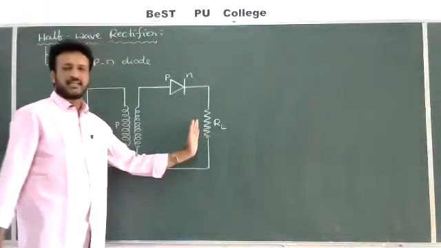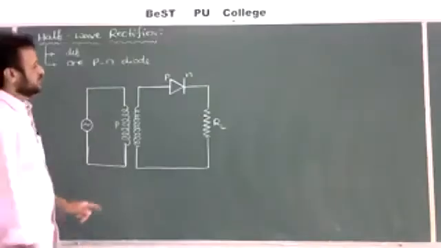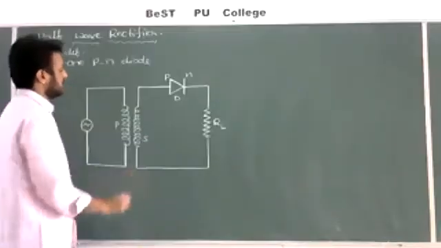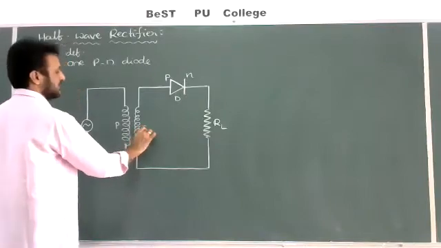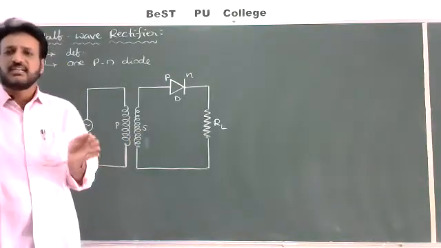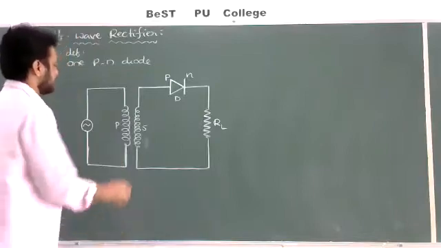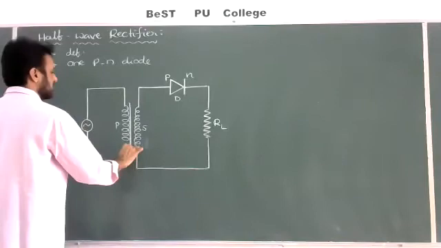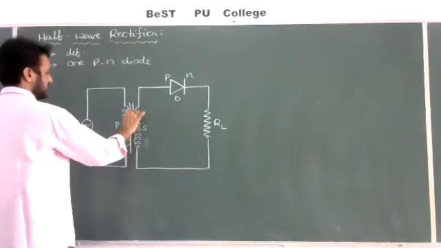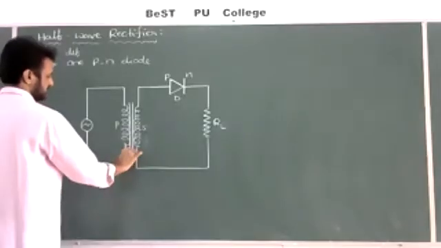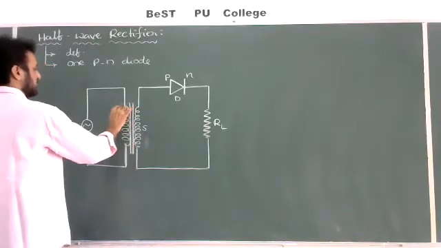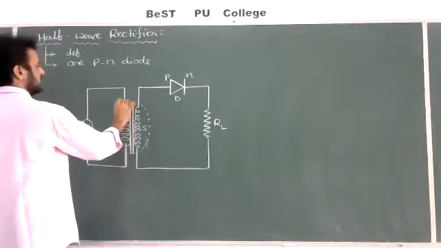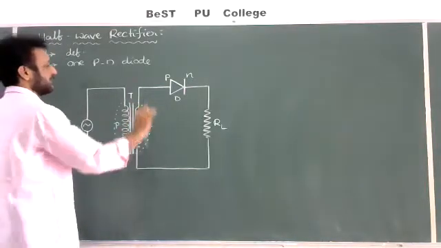So here output can be taken across the load resistance. So D indicates a diode. S indicates a secondary coil. Both the primary coil and the secondary coil are closely coupled or closely linked. So here I am drawing two lines that indicate the coils are not having much distance. They are closely coupled like this. So this total can be taken as a transformer. If you want to give the name, capital T.